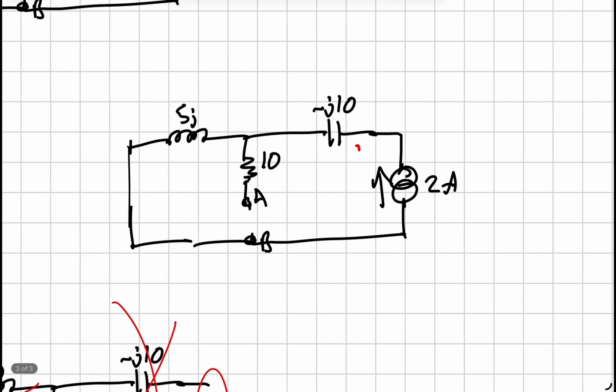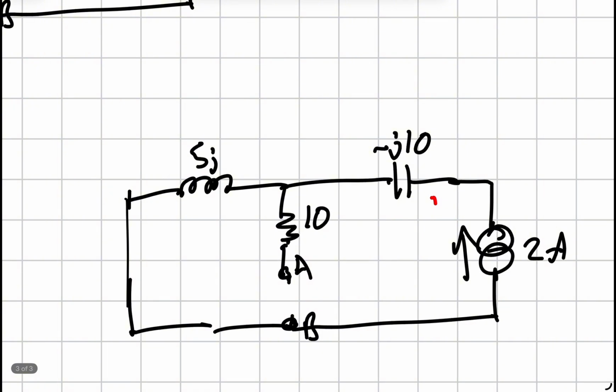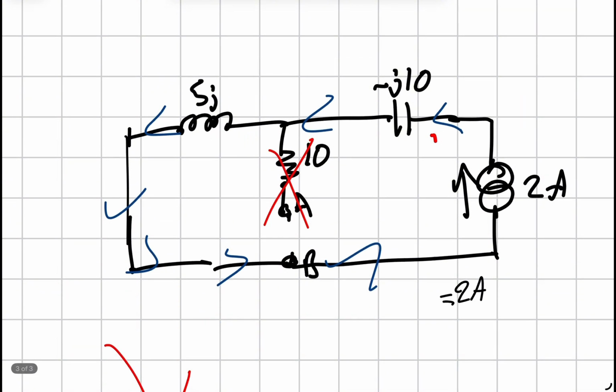Now the next source is a current source, which is a bit different. Like I said last time, just stick with the current rules. You don't need this because there's a gap in between, so it's just a full loop. Currents are going through here, use your current rules. Currents in series are always the same. That's 2 amps going through here, but using Ohm's law, you need to